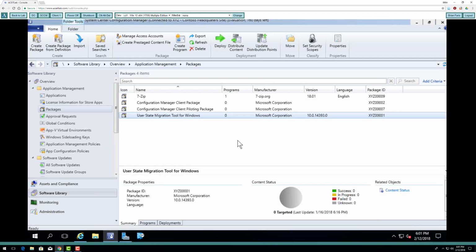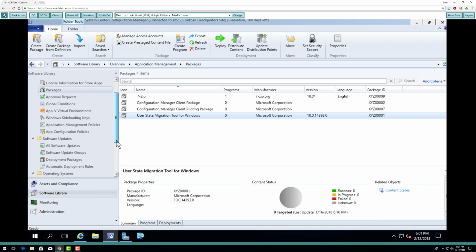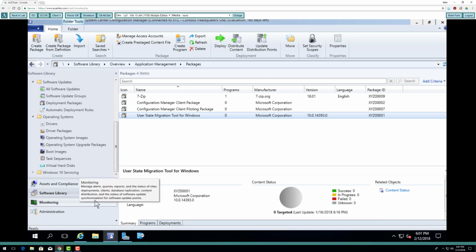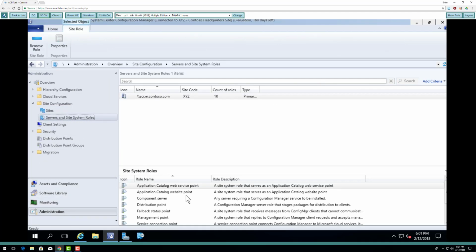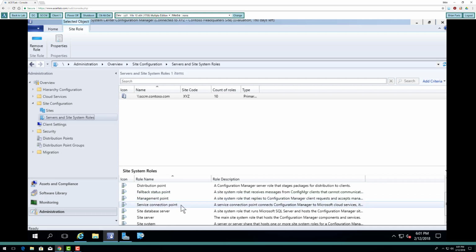Okay, so the next thing we need to do is configure one of our role services. So I'm going to go to administration, go to servers and site roles. I'm going to scroll down until I get to